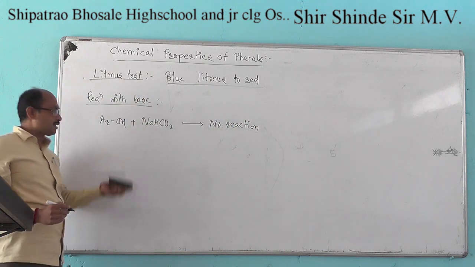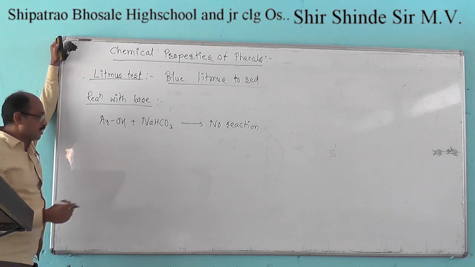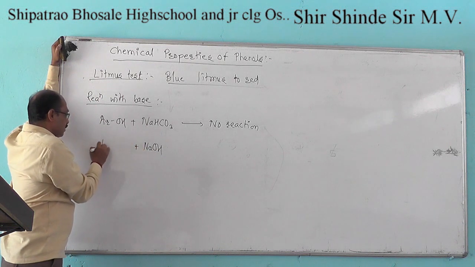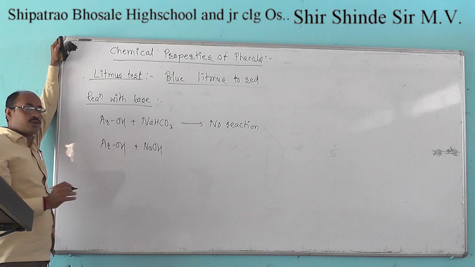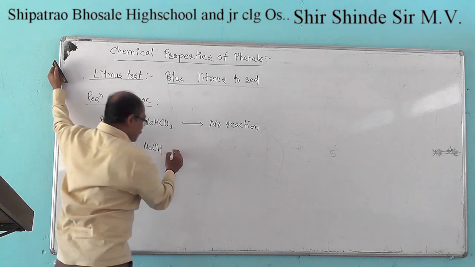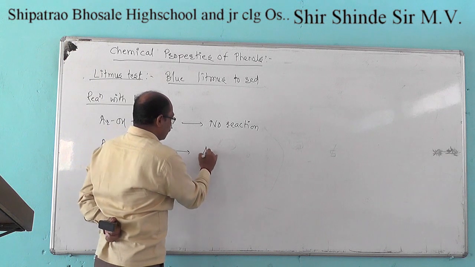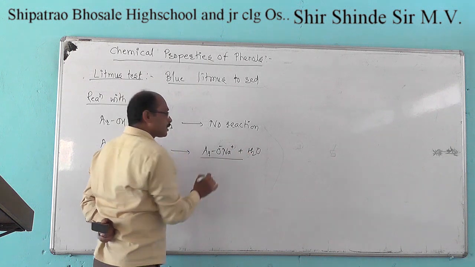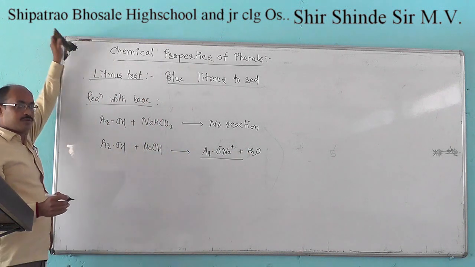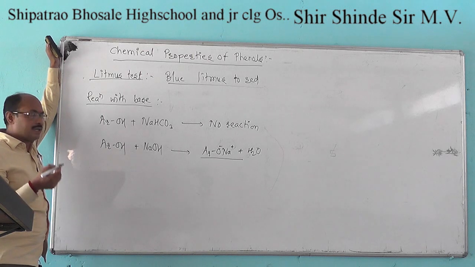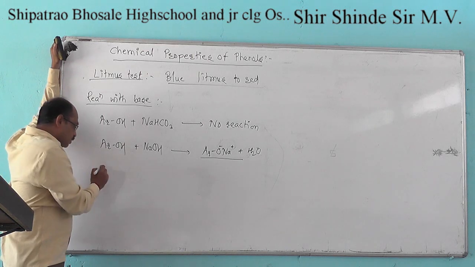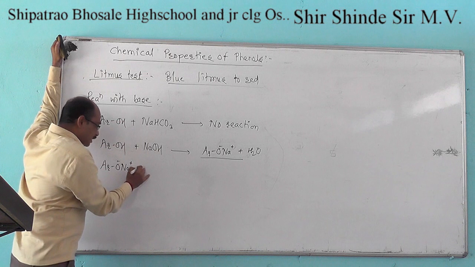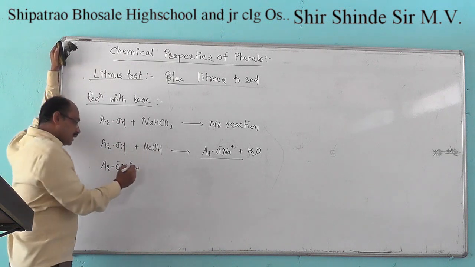But as we react the phenols with strong bases like sodium hydroxide, on treatment with sodium hydroxide, they give us the water soluble phenoxide ion, phenoxide salt, sodium salt of phenoxide. It is prepared. This prepared sodium phenoxide salt is then treated with